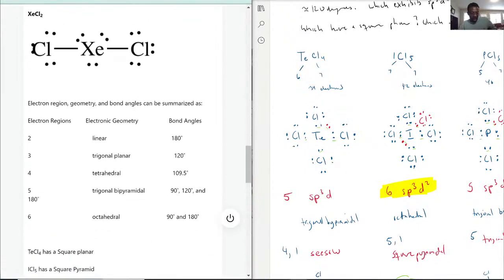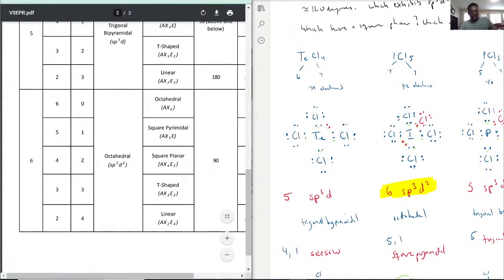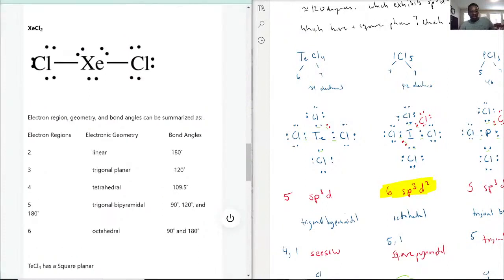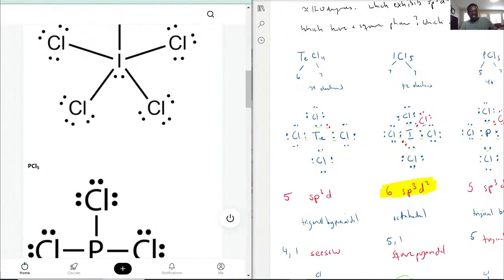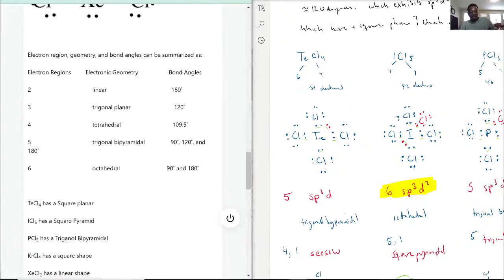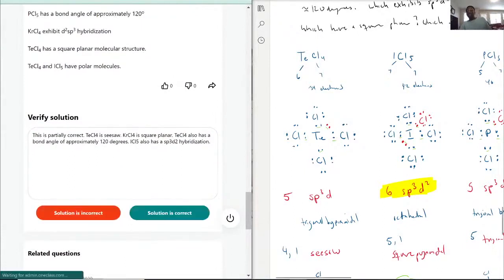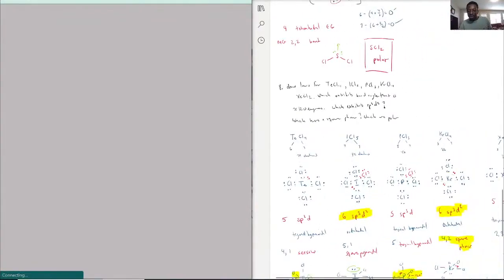And just to make sure, when we're dealing with octahedral, looking at the VSEPR theory, as you can see here, sp3d2, which was also ICl5 because of the 5:1 ratio that it had. It even shows here, just to make sure I'm not seeing anything wrong, 5 bonds, 1 lone pair. That is actually 6, so that's why it's sp3d2 there. Okay, so that was that. I'm going to do this for you in case you want to just